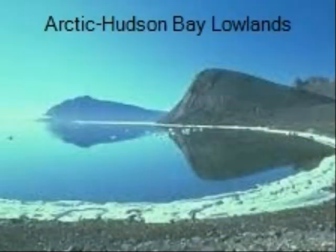Around the southwestern shore of Hudson Bay and James Bay is a very flat, low area covered by swampy forest. The waters of Hudson Bay covered much of the lowlands at the end of the last ice age. Known as the Hudson Bay Lowlands, this region is a layer of sedimentary rock which rests on top of the rock of the shield. The Arctic lowlands are made up of a series of islands located in Canada's far north